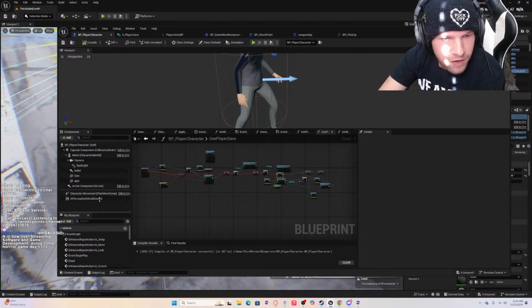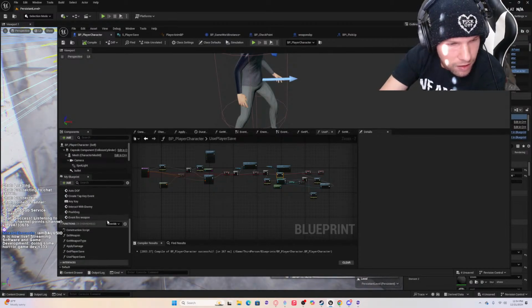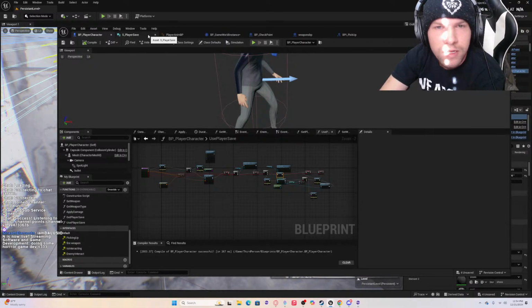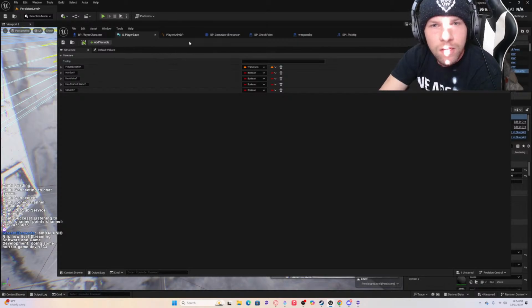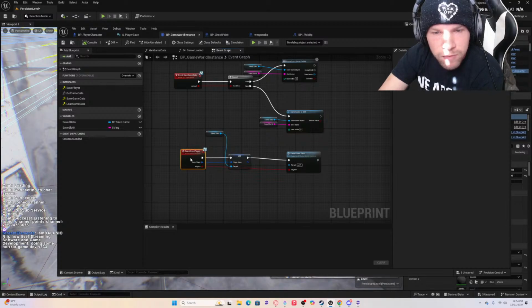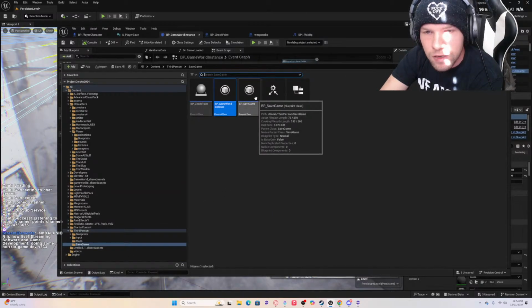It calls a function, I believe it's an interface, is it? Save player data. Where is that? Oops. Let me close some of these. Save player data. Where is that? I believe that, actually no.